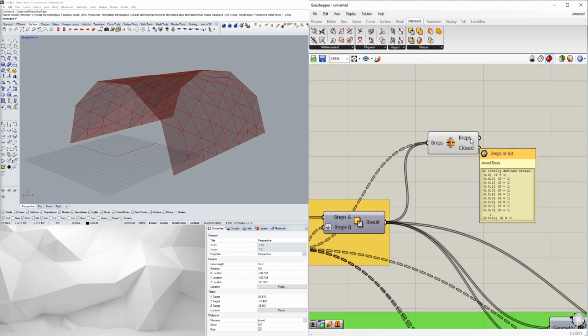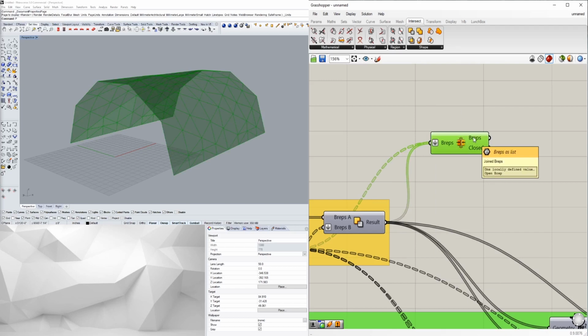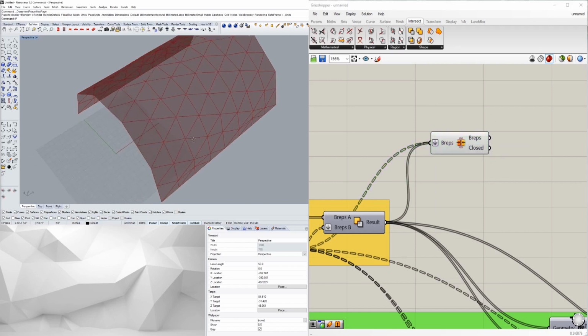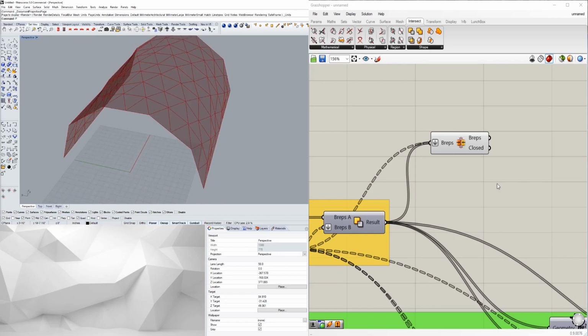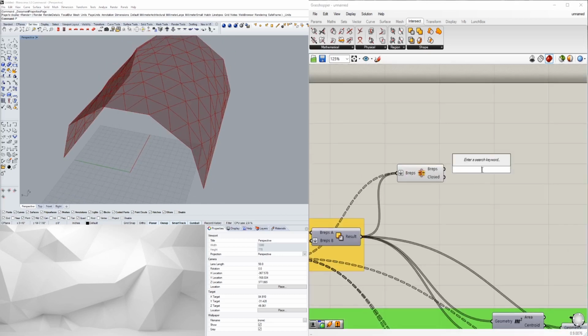And notice that when I go here, it says there's 45 values. This should actually close into 1. So when I right click here, go to flatten, we have one open BREP, and that's what we want, because now what I want to do when I do the structure, one of my favorite components here, because it makes it so easy to do a structure, it's going to be, I think, deconstruct BREP. No, it's going to be